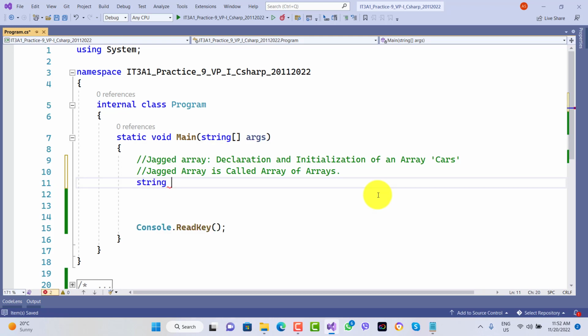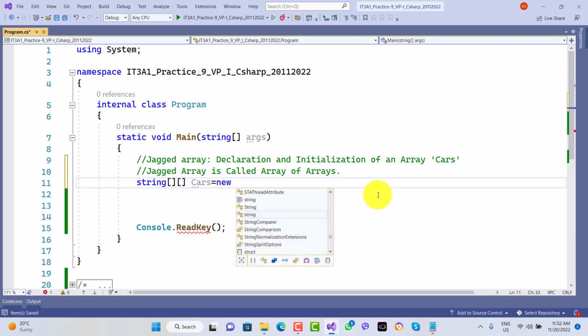And I told you which type of data you want to keep in the array. This data type should be same for all the data values. Okay. So if I am taking here a string type data. And after that for jagged array, like I am taking one square bracket and another square bracket. So it represents to your compiler, it is a jagged array. After that, we will take the name of the array, and after that, we will take